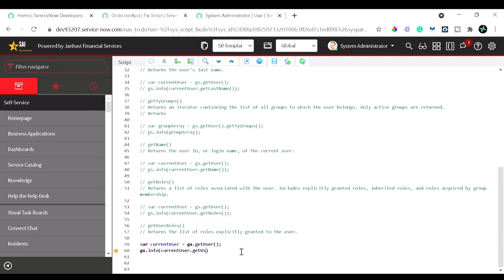Okay, now the user got introduced. So we want to see the roles which are assigned to that user only. No charity. So if I save it,